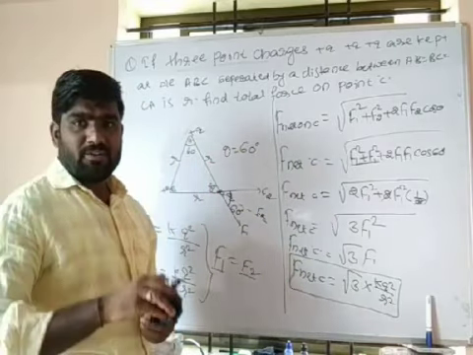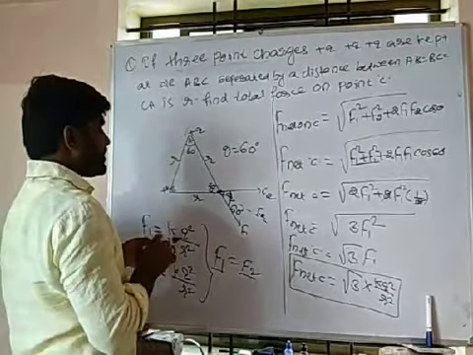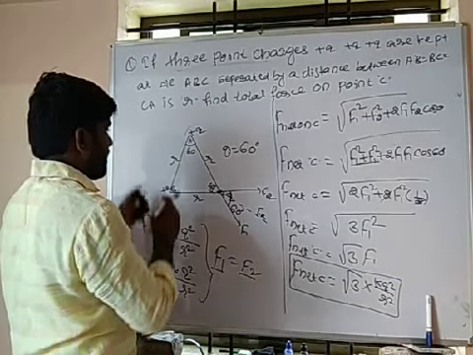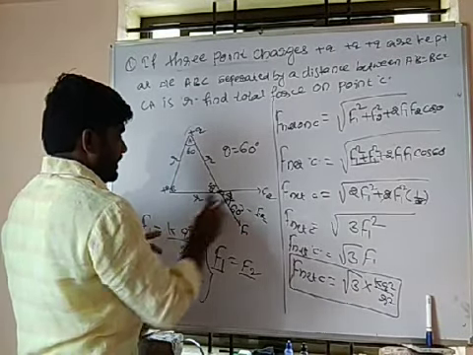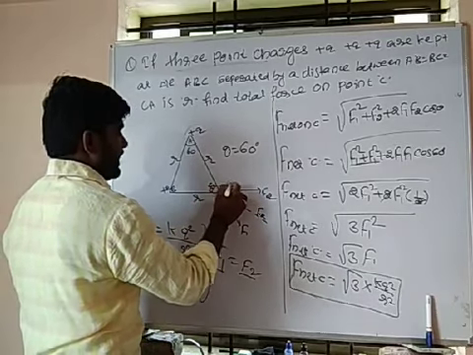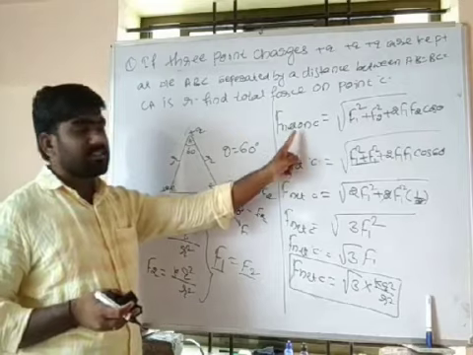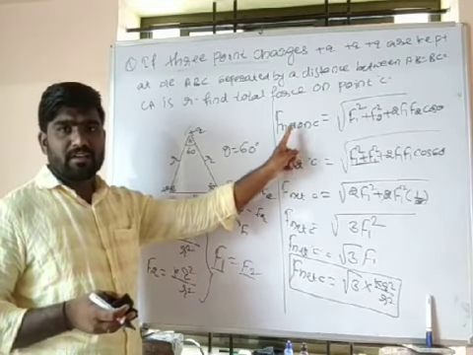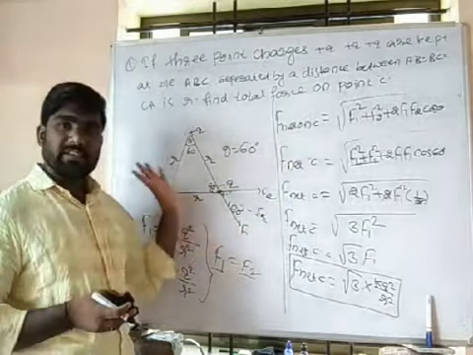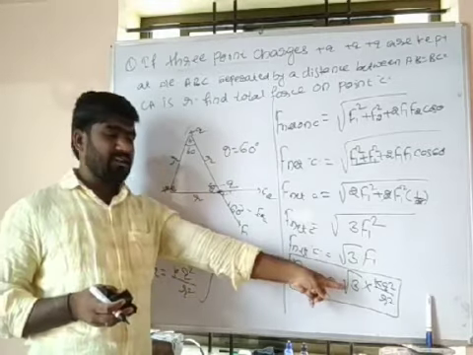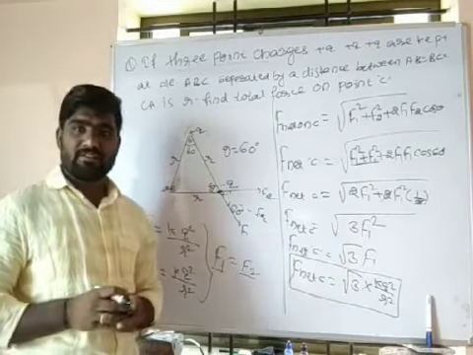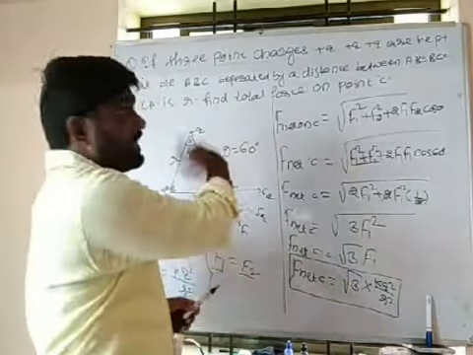For your homework, you just do like this. What I am giving, plus Q is here. At this point, I am taking a negative charge. If I kept it over here, find the F net on C. The same answer will come. The answer must be the same. You just solve it yourself. Then next question.